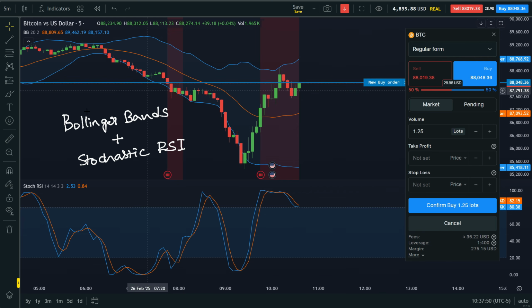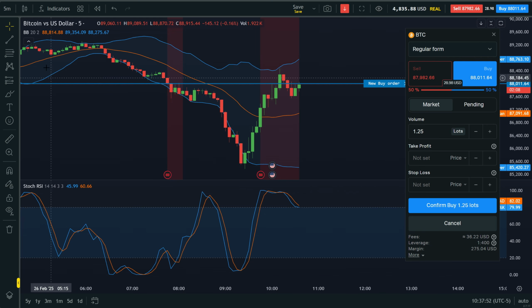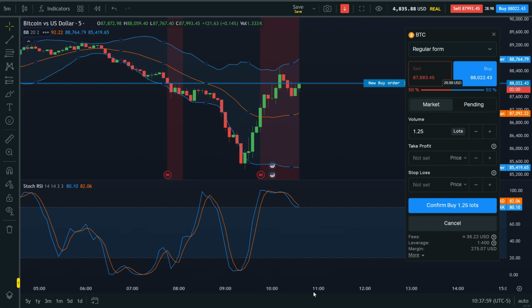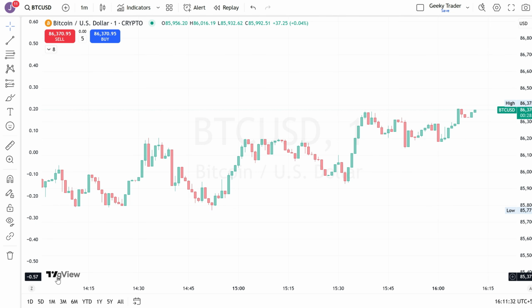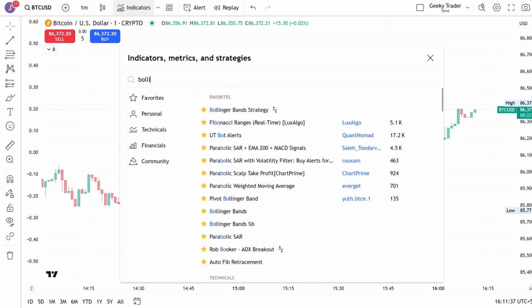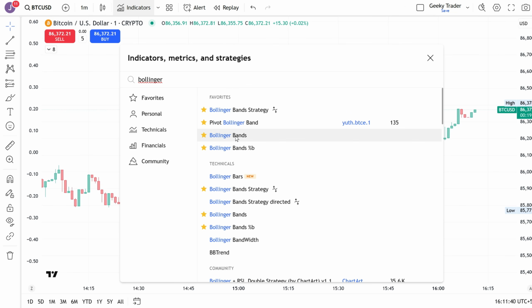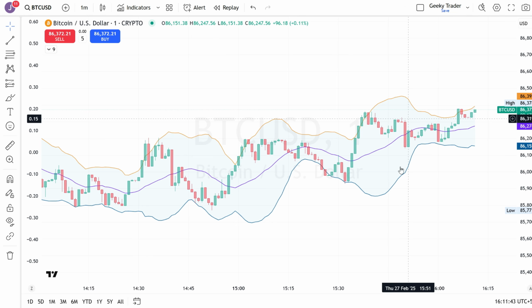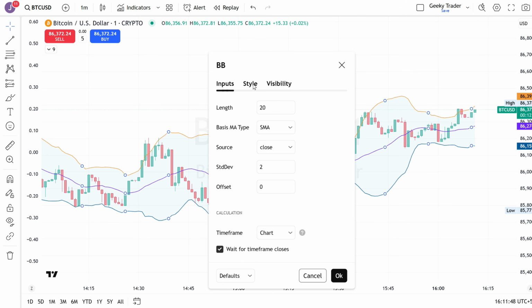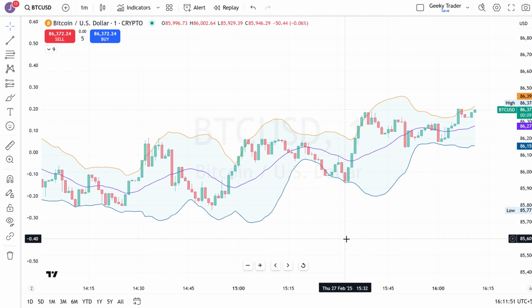All right, before we dive into the trades, let's first take a look at my indicator setup. For this strategy, I've added just one indicator, Bollinger Bands, to my chart. The best part, I'm keeping all the settings at their default values, so there's no need for any modifications. If you're using TradingView, adding this indicator is super simple. Just head over to the Indicators section, search for Bollinger Bands, and add it to your chart. Once added, you don't have to tweak any settings. Just leave everything as it is by default. This setup helps us identify market volatility, support and resistance zones, and potential price reversals, which will be key for